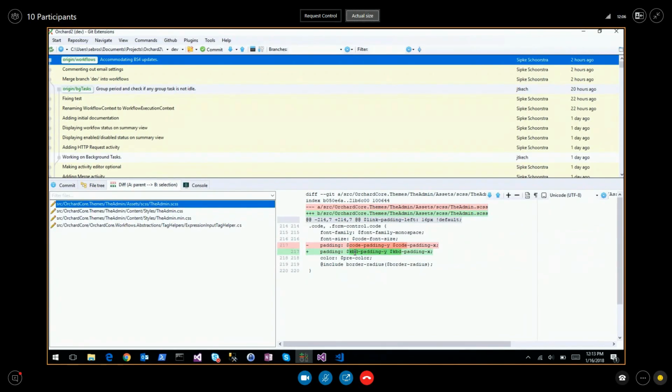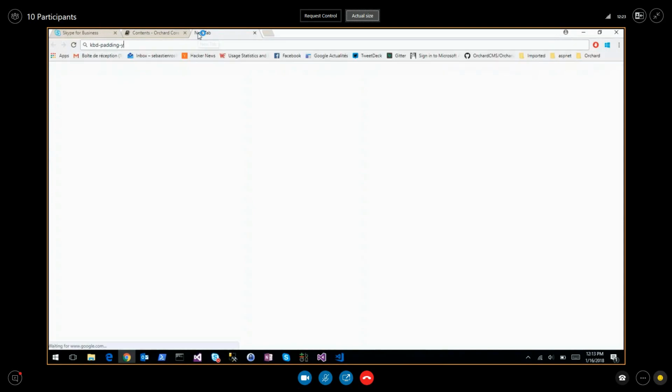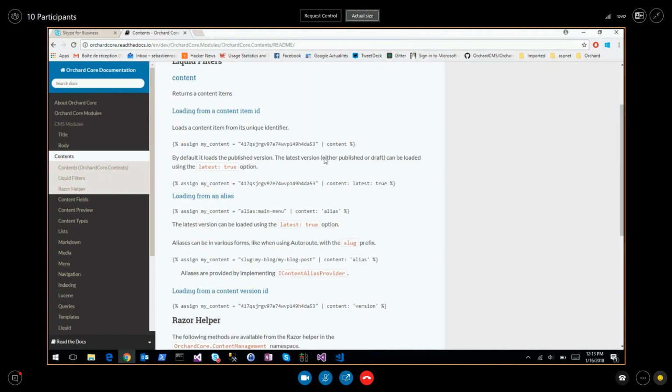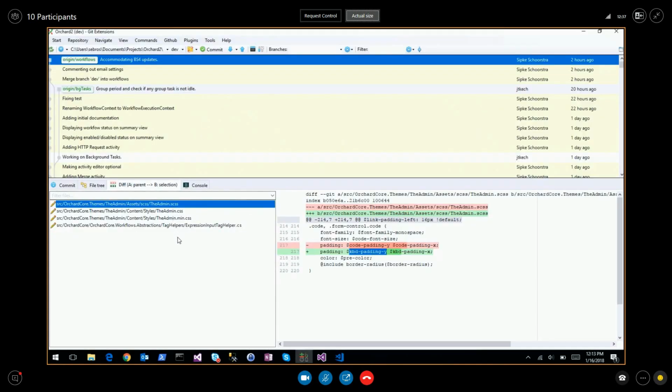Oh, because of that. KBD padding, and what is KBD? I don't know. But this file broke when I ran the task runner. So I looked at the changes in the Bootstrap updates, and now they were using that. That's what it broke. Okay, maybe a Bootstrap class that you had to use. Okay, makes sense. So this Bootstrap update, I trust you that you didn't change anything. That's when it broke, because I just used a variable that was no longer there. So the code padding Y is gone.